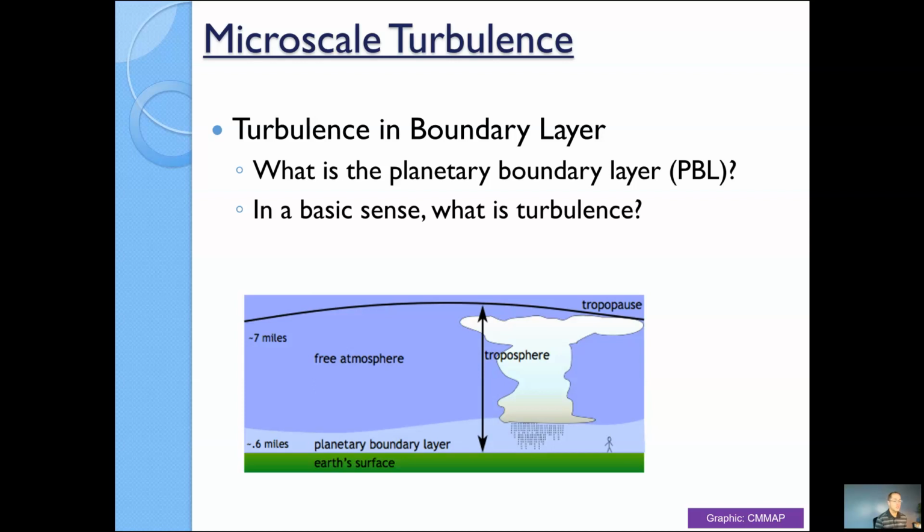And so here we see a very low budget figure, but still accurate. We have someone though who's about half the height of a thunderstorm. But we're going to have that boundary layer be a pretty shallow layer before you get to what they refer to as the free atmosphere. When we refer to turbulence, again, we're simply talking about chaotic motions, unanticipated upward, downward bumps, swirls that you might see occurring in the corner of a building. And so we're really focusing on these in the planetary boundary layer, again, due to the fact that frictional effects